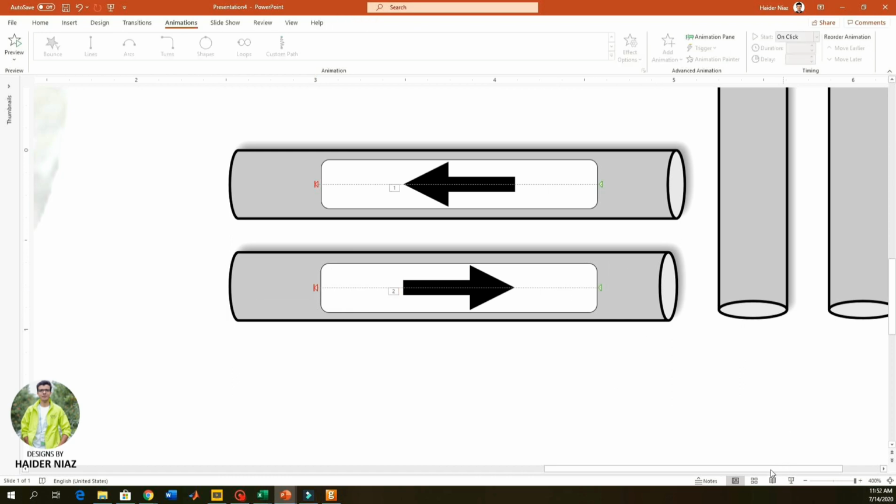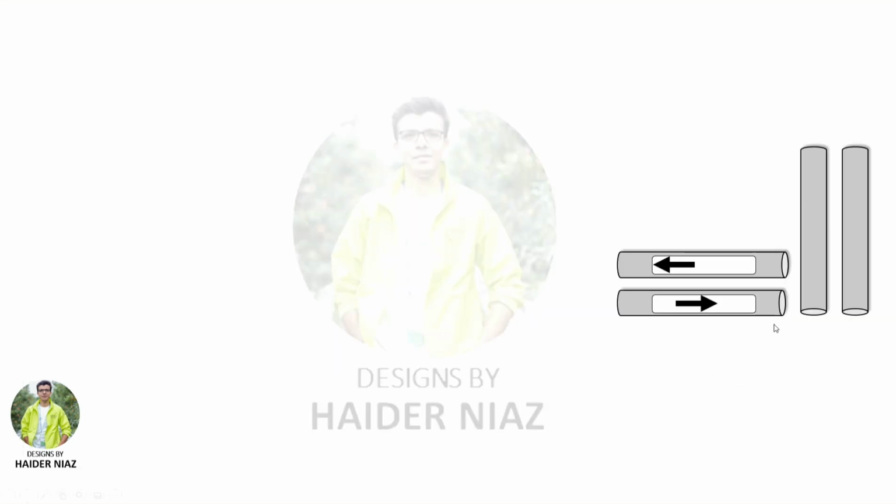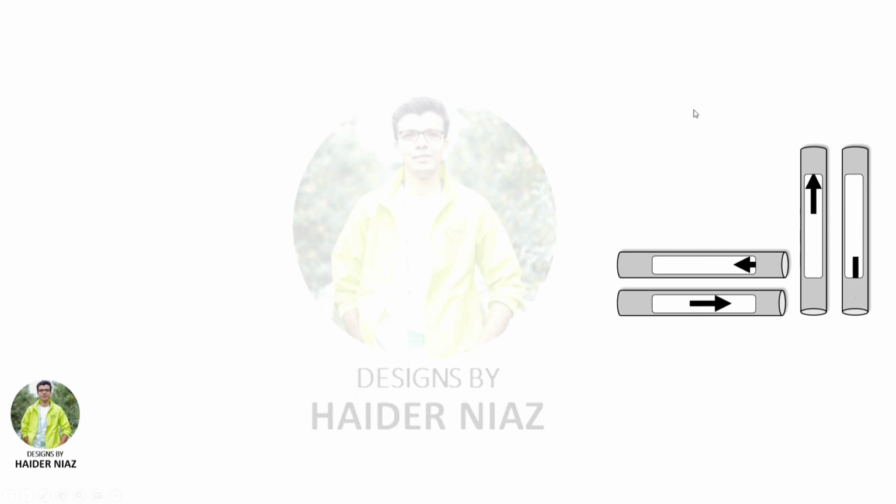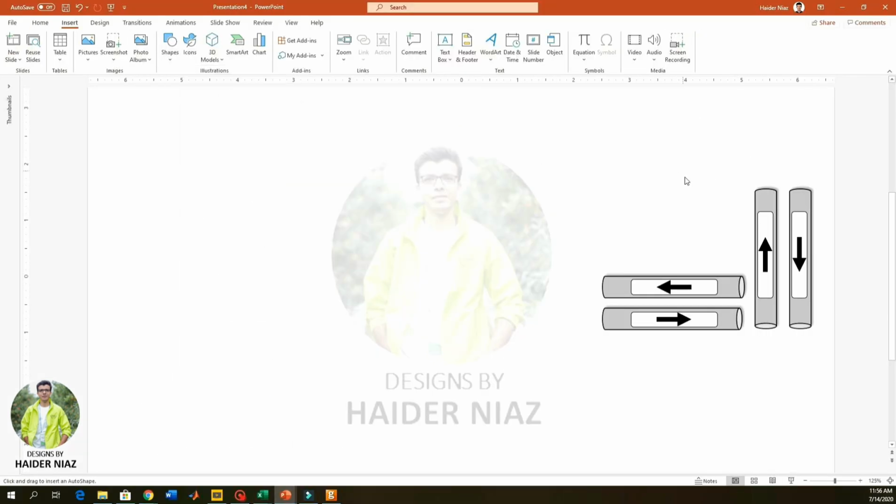You can just use motion paths in the animation pane, and you can use left to right or right to left. Now you can see the direction is different. So just focus on the arrows and the small dots, the green one and the red one. The green one is the starting point and the red one is the ending point. So you need to adjust the direction so that they come back. So I just completed the pipelines.